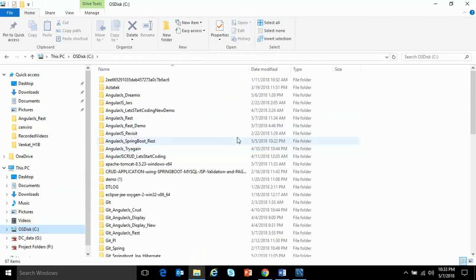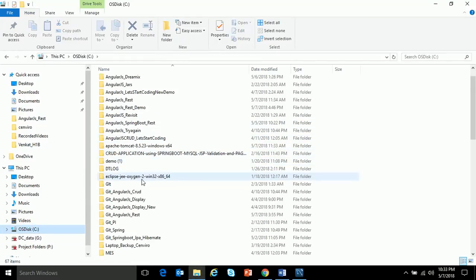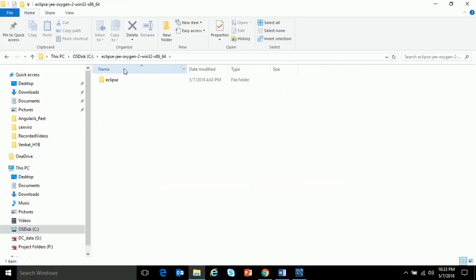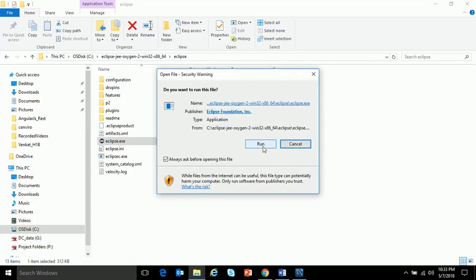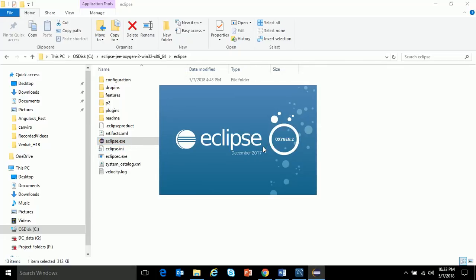Once you download the Eclipse, it will be a WinZip file. Once you unzip it, it will be in this format. So just click on eclipse.exe. Click on run. Please, it will take few seconds for it to open or for it to prompt the workspace. Meanwhile,